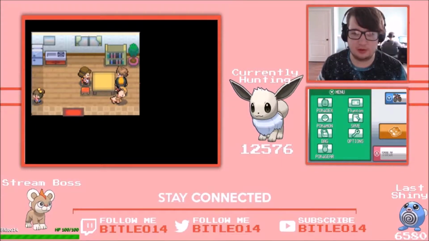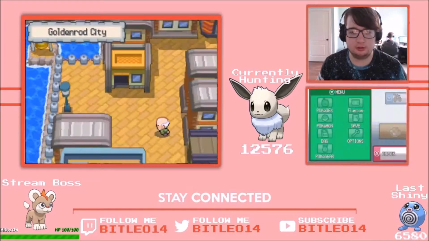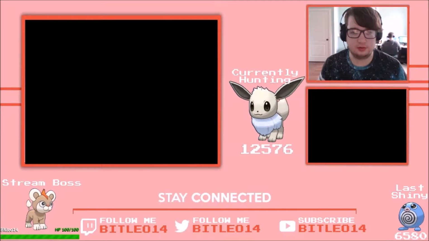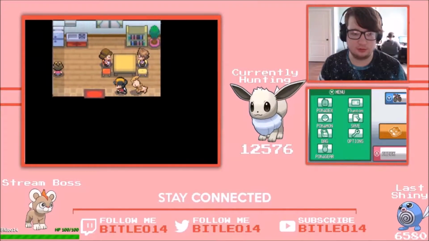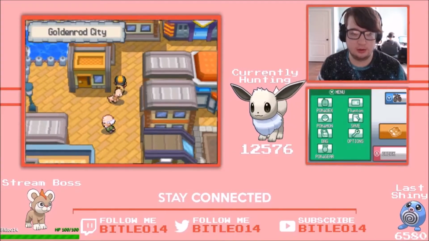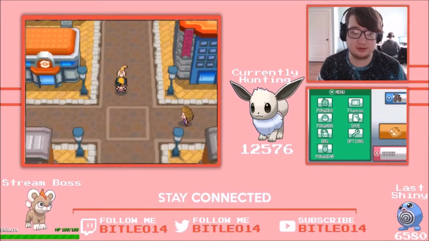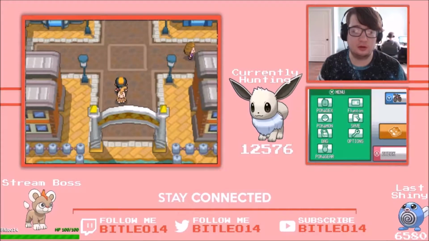Start off with, obviously, we're hunting for Bill's Eevee right now, and we're here in Goldenrod City. In this little hut right here, if you talk to Bill, he will give you his Eevee, and then you check if it's shiny, and if it's not, you soft reset. And we are currently at 12,576 encounters, which is a lot over odds, obviously, since odds in this game are 1 in 8,092,